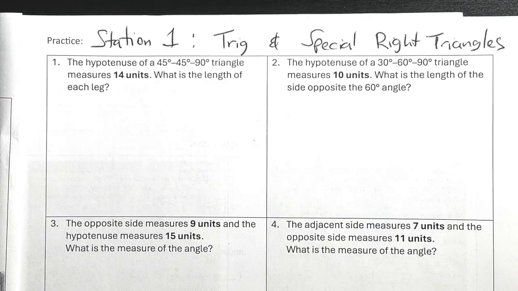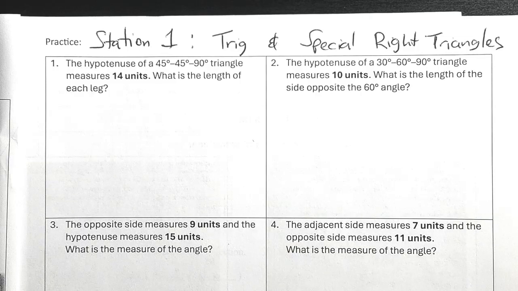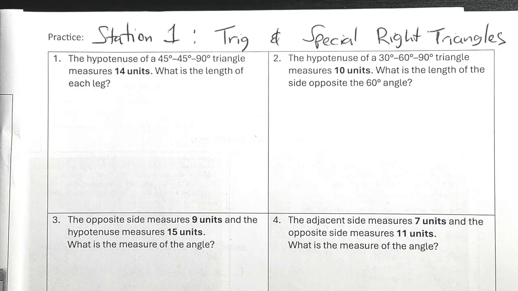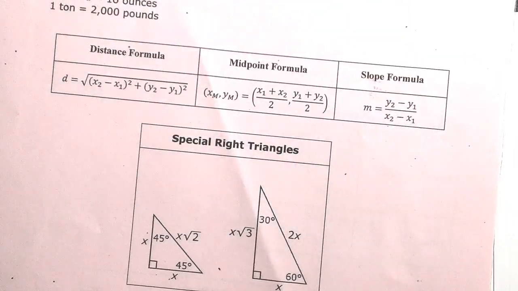Station 1, Trig and special right triangles. So, this section I made without diagrams, without notes. We're going straight into it. The booklet does have notes, but we're not going to use them. If you were at boot camp, this is the same way we did this. So, we're going to be working off, this is our EOC,